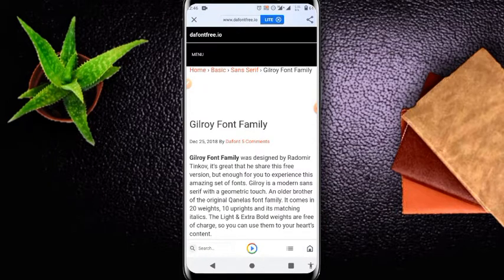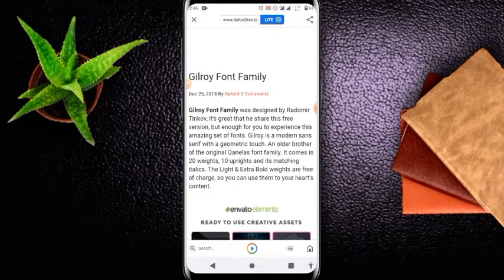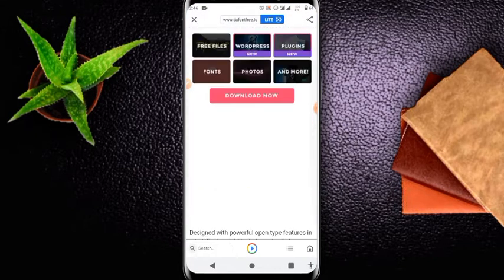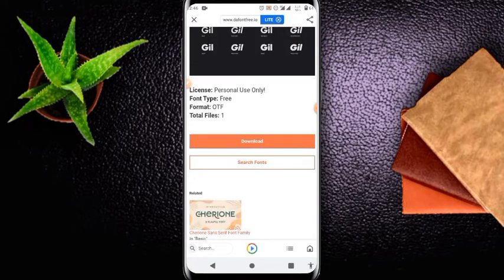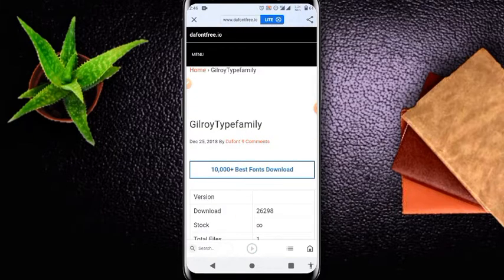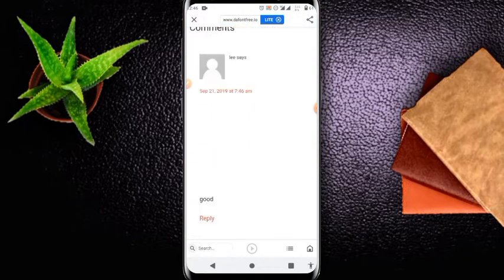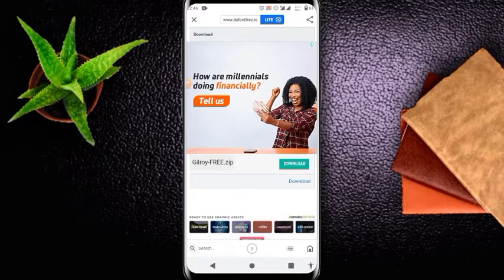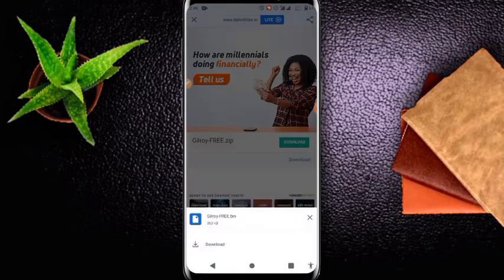So it's going to tell me about the font family and the typeface it is and everything. So you scroll down to a place where they wrote download. You click on download. You scroll down again, it's going to show you the size. Still scroll down to the place where they wrote download again. So Gilroy Free, you click on download. So you're going to download it,